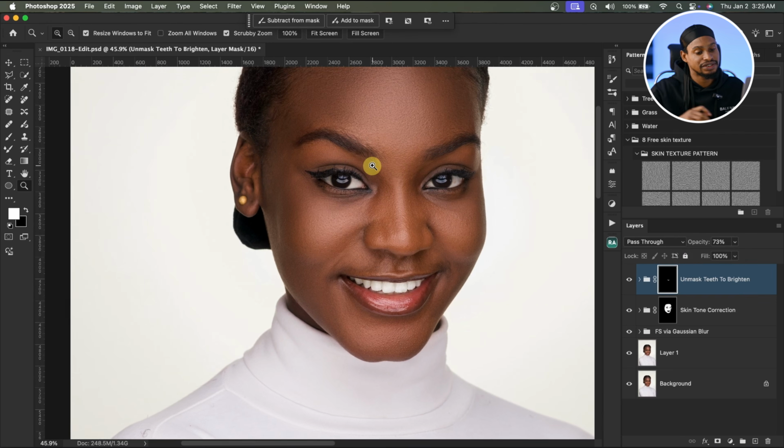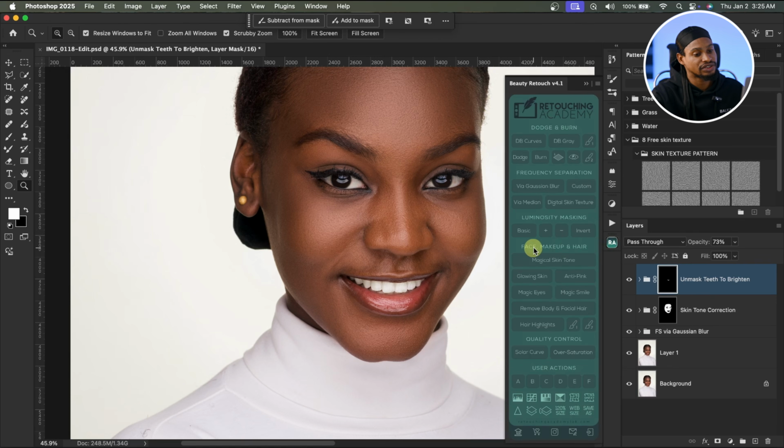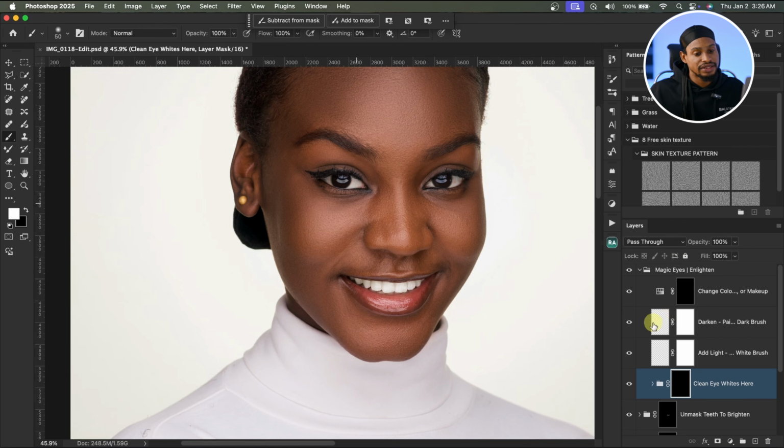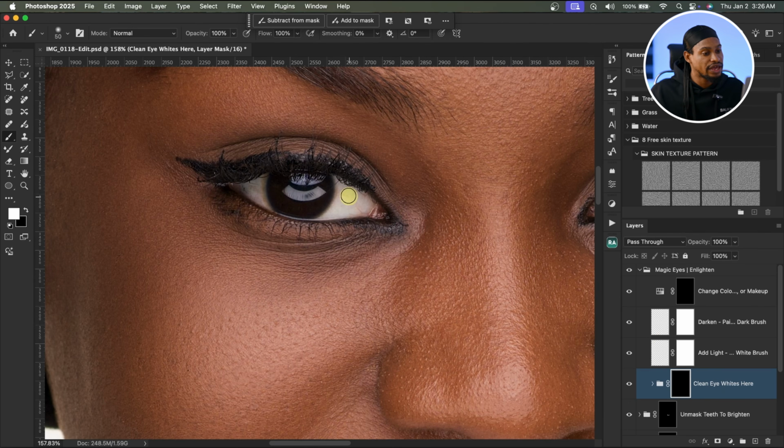Now let's work on the eyes. Now for the eyes, I'll come back to the Retouching Academy again and just click on magic eyes right here. Yeah, magic eyes. It's just going to do its thing, so let's just wait for it to load. Okay, so after it has finished loading, this place that says clean white eyes, this is where you're going to be brushing on. All you have to do is zoom in and just paint on this white part of the